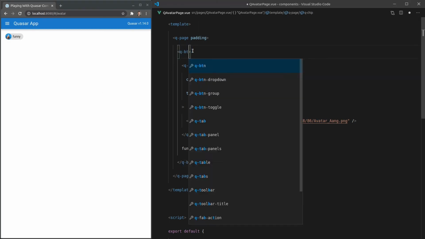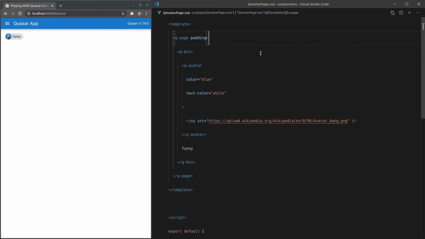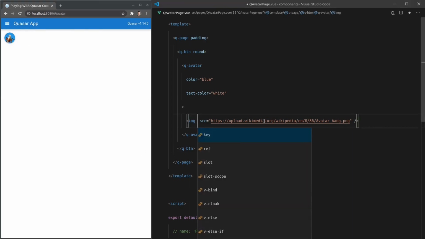We can even use this for buttons. So let's change this to a button. And by default, this probably won't quite look right. Refresh the page there. Yeah, because this is not a rounded button. So we'll remove the text there and make it a round button. And it just sits directly in the button. And now we can click on this like we would a normal button, but it's got the avatar image inside. I think that is so awesome. And this is a scenario where you might want to add a bit of padding there. So Q dash padding, or I don't know, extra small, just so it sort of sits in there a little